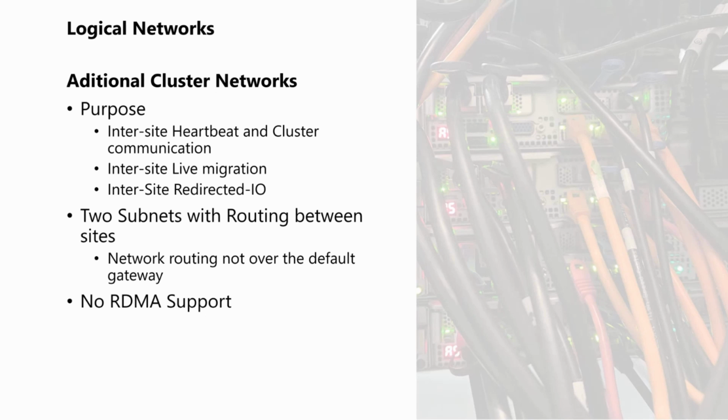When we demo the stuff, you will really see the need for that. So we have two subnets with routing between the sites. That's important, because it can be a lot of high bandwidth traffic. Imagine our scenario: we have a 4 node stretch cluster with all NVMes. We really want our replication to be fast because we have these fast devices. We need high bandwidth networks for that,